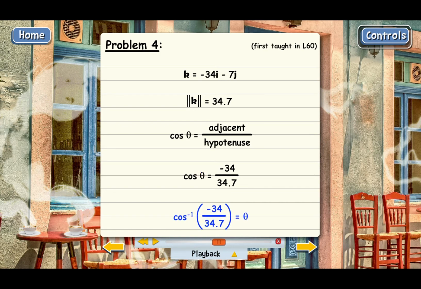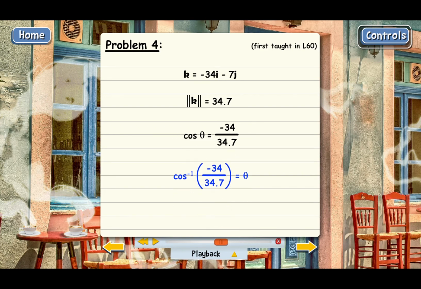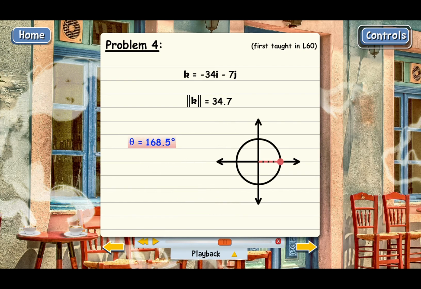And when you put this into the calculator and round to one decimal place, and make sure that your calculator is set to degree mode, you get theta equal to 168.5 degrees. But if we look at 168.5 degrees, it would be in the second quadrant. And we know that the direction angle for vector k would actually be in the third because both components are negative. So if you had a negative x component and a negative y component, it would be somewhere here in